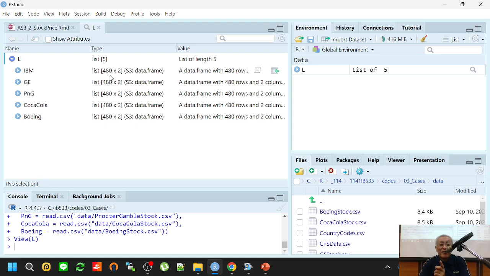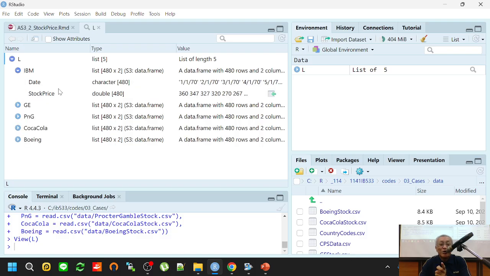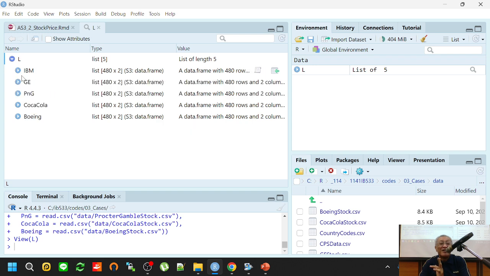It's a 480 times 2 data frame, right? You can see that there are two columns within this data frame, right? And P&G, also Coca-Cola, and also Boeing. Okay, so we have 5 stocks,